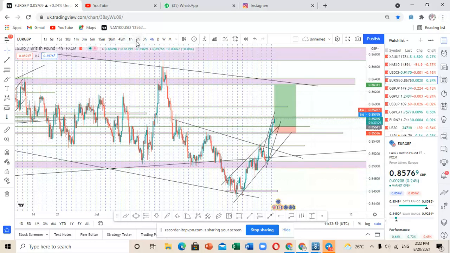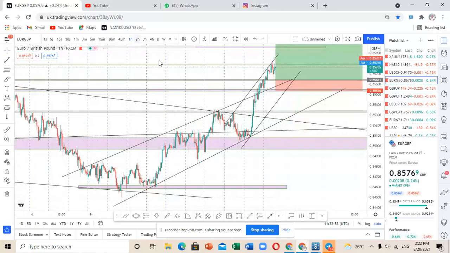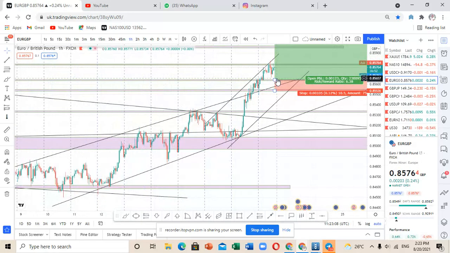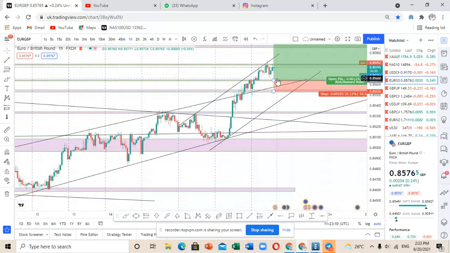So for those who, okay, I know some of you have realized that I've placed a buy limit in this case. Yesterday I explained to you what a buy limit is. So I've placed a buy limit mainly because this is a very strong point when it comes to the hourly time frame. This is a very strong point of resistance, as you can see here.